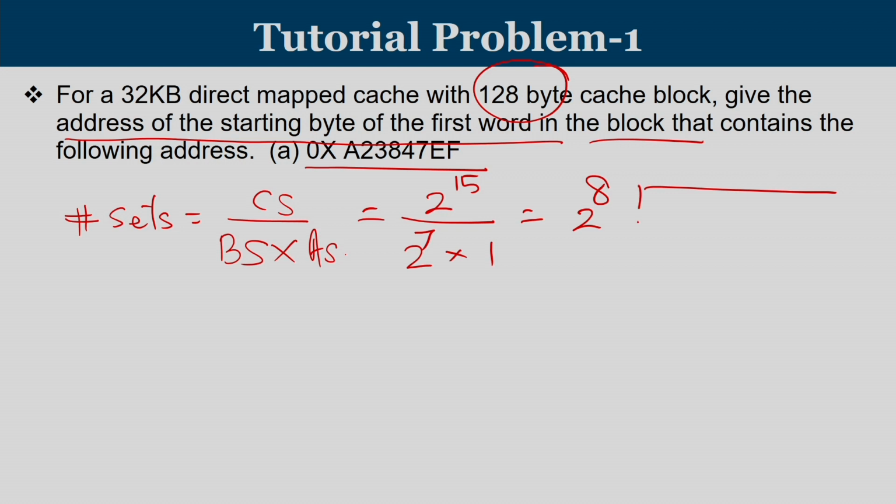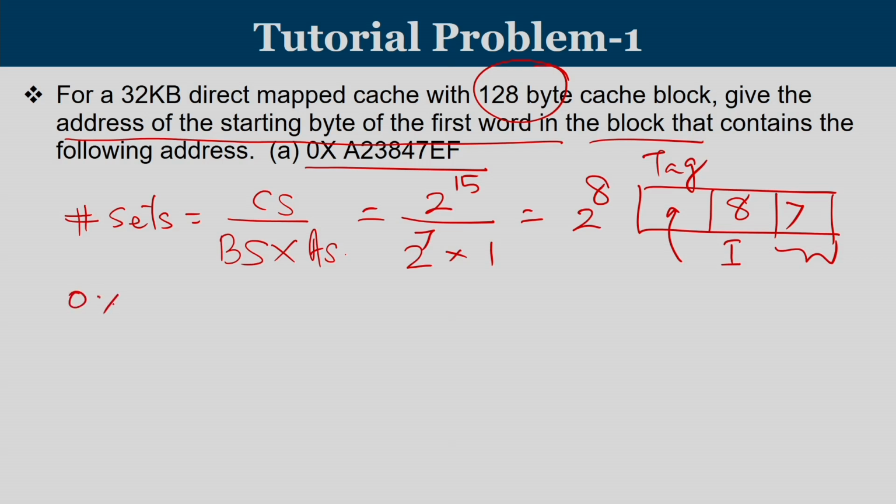So, in the address split up, we have 8 bits that are going for the sets, the block size is 7 bits, and the remaining is basically your tag. Since the number of bits in the address is not given in the question, the tag bits are not relevant here. 8 bits are used for indexing, this is what is called the index bits, and the last 7 bits are called the offset. Now, the question is what is the address of the starting byte of the word?